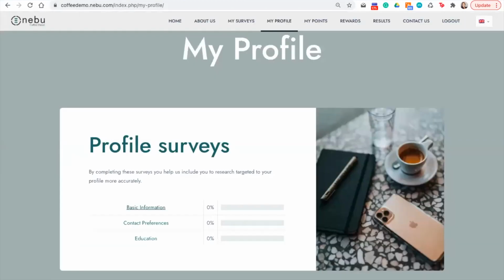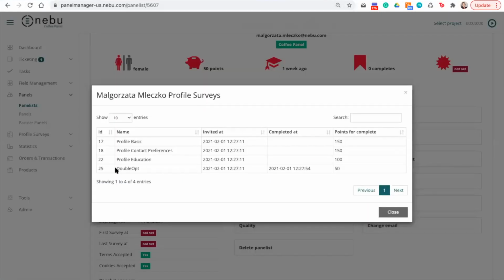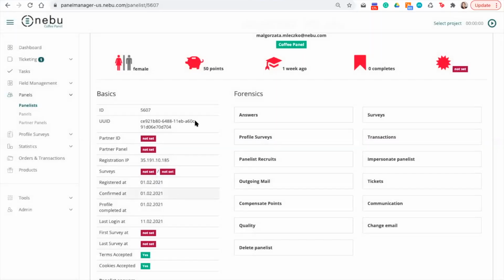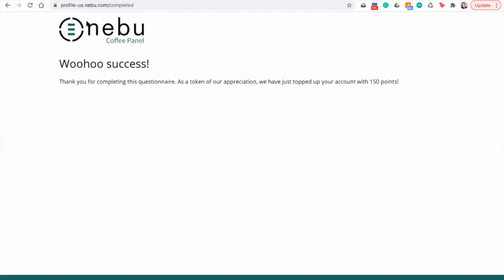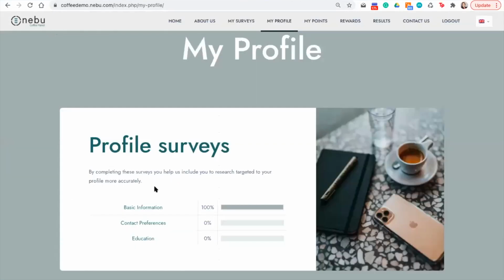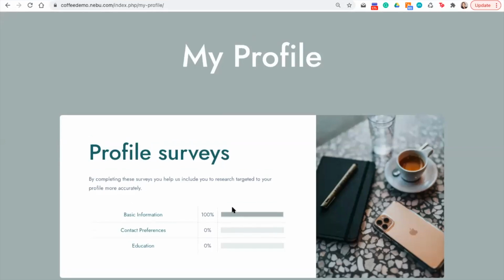Wonderful. And from here, I will refresh information about my profile, and I can also show you, if I go to profile surveys, it shows that I did complete the questionnaire right now. I got some extra points. And this is also reflecting here on the member portal. And yeah, I would like Peter to take over here